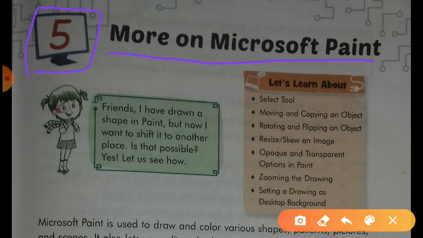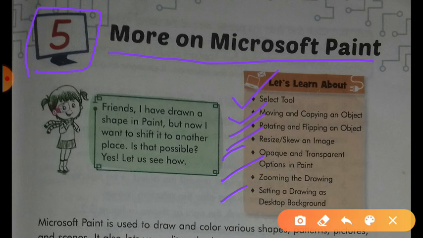In this chapter we will learn about select tool, moving and copying an object, rotating and flipping an object, resize, skew, opaque and transparent option in Paint, zooming and drawing, setting a drawing as desktop background.